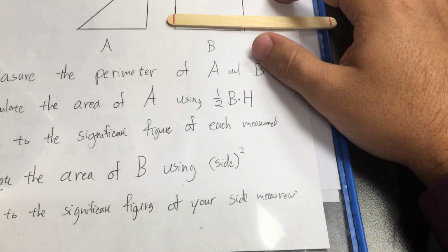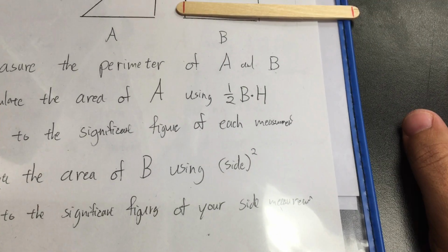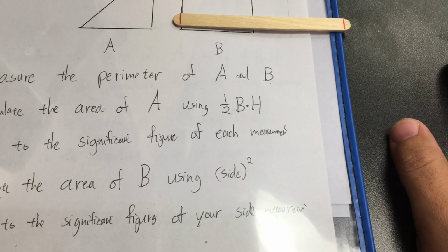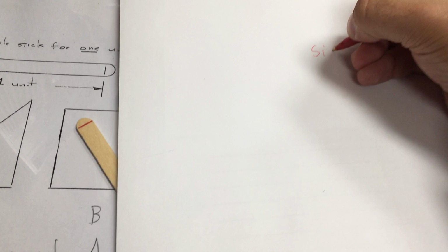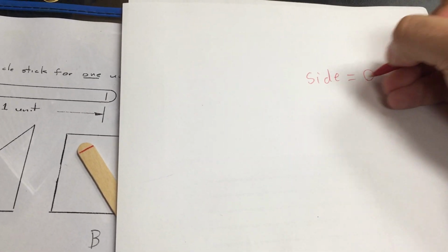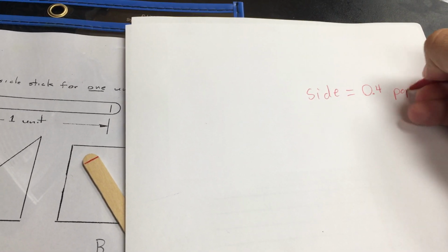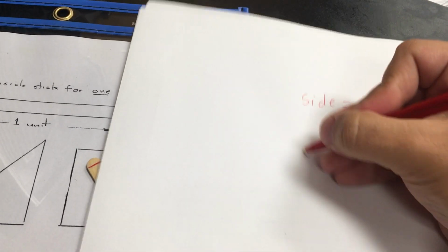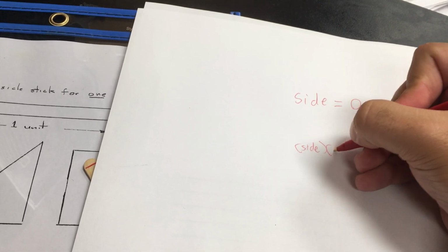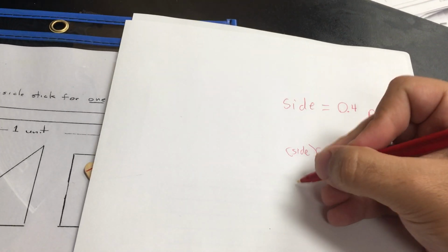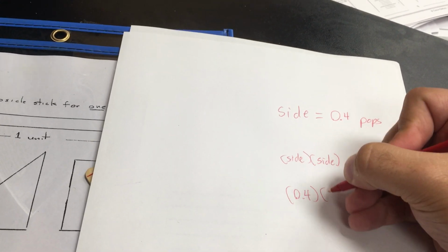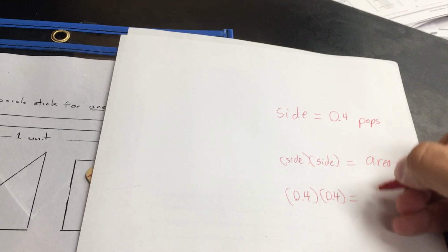And when I do side squared, I'm going to do 0.4 times 0.4, and I'm going to get 0.16, and I'm going to have to round that. So I'll write that down. I'm getting the side equaling 0.4 pops, and when I do side times side, or side squared, to get the area, I do 0.4 times 0.4, and I get